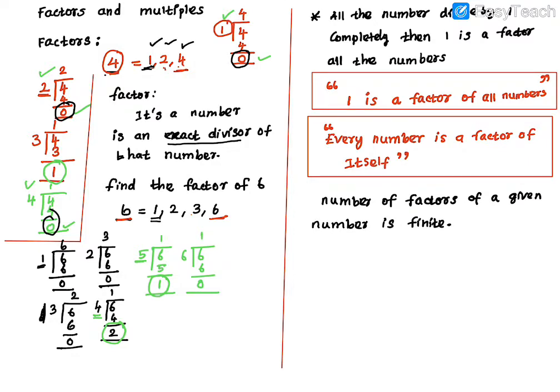Finite means there is an end, right? See here, 1, 2, 3. Finite means we can count how many numbers. There should be an end. Okay, so here 3 factors. So how many factors here? Totally 4 numbers, that means 4 factors. So when you are asked to find the factors of any number, the factors are countable. That means the factors are finite, they have an end. We can say this many numbers only are present.